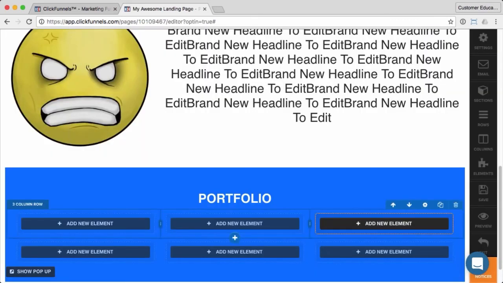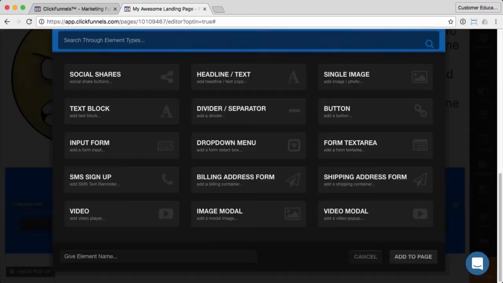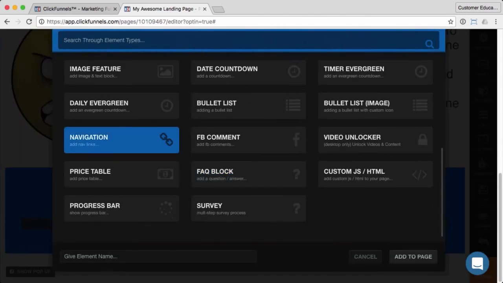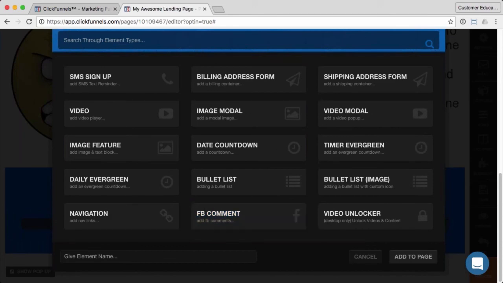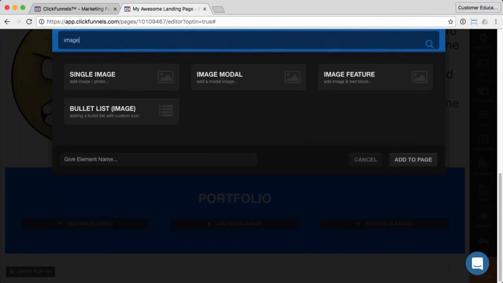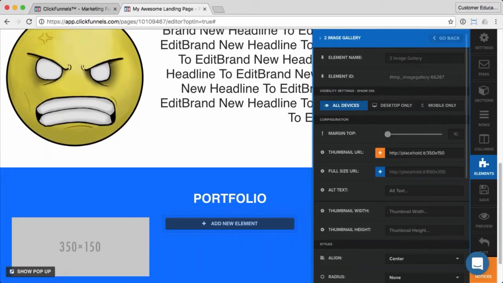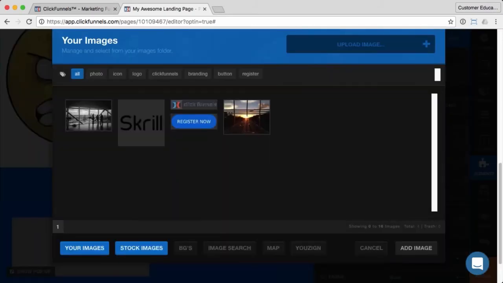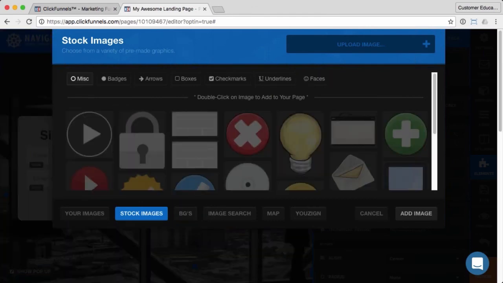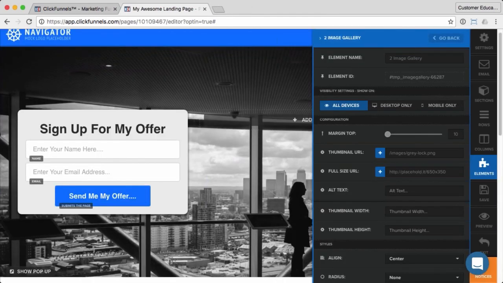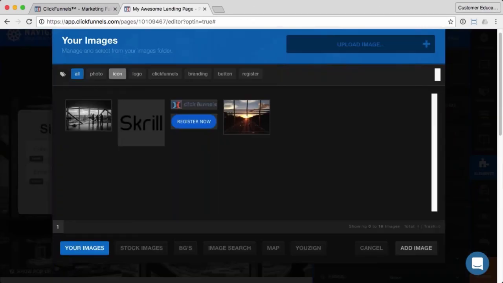And then I'm going to, actually, you know what I can do? Before I do that, I'm going to add an image modal. Let's see. What is that? An image modal allows you to add a thumbnail image and then an image for when it pops up. So let's just do that, and then I can have it be the same